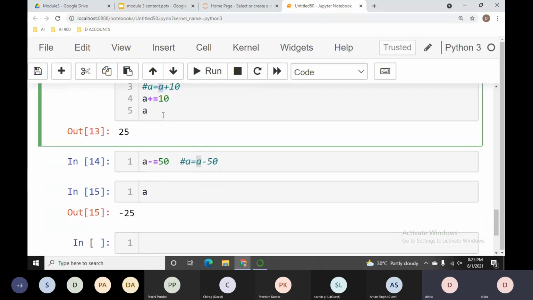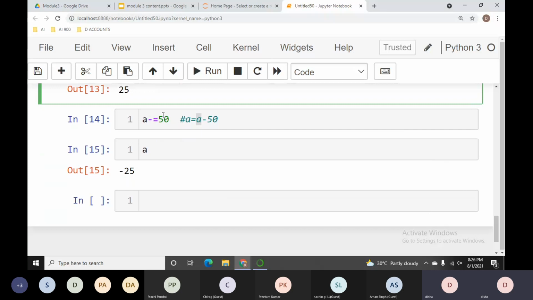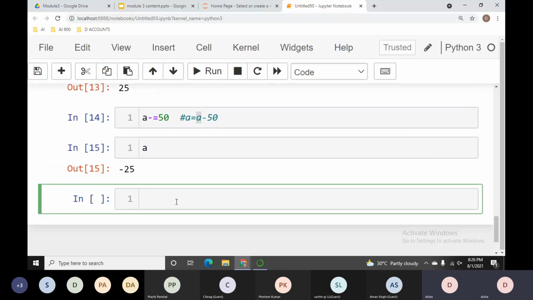I hope the assignment operator is clear to you. In upcoming slides, there are more assignment operators that we will discuss. Now I'm talking about the comparison operator.